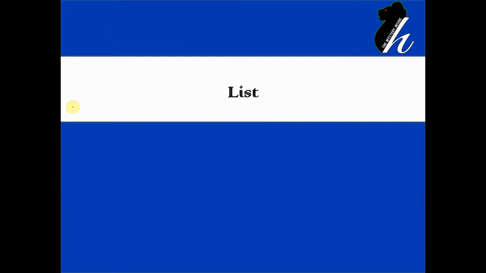So let us start with list. List is the most versatile data type of Python. Items in the list can be written down in brackets, and they are comma separated values. For example, if I wanted to define a list, let's say L, then the items can be written down